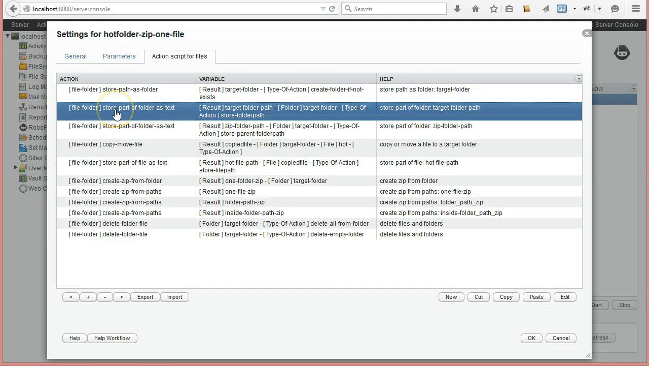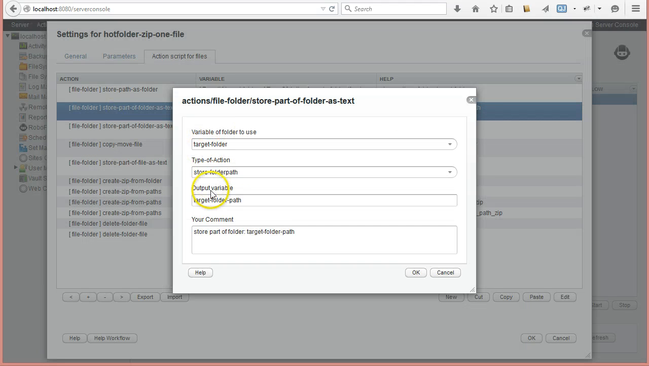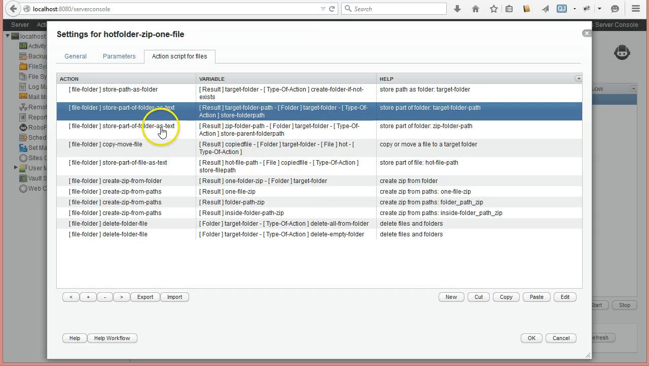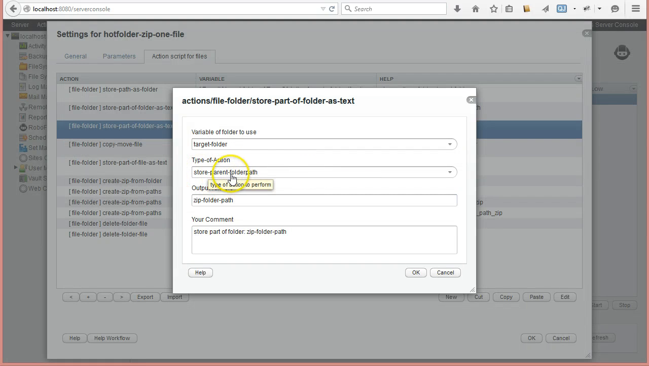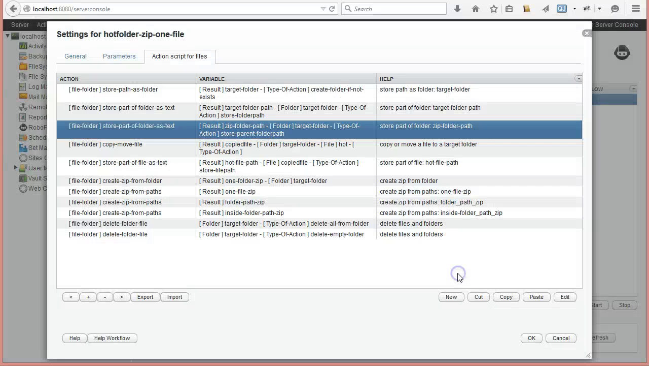Then the next thing is that I'm storing this path as text so that I can use it in my workflow, and then I'm storing the parent folder path because I want to be able to put my zip someplace, and I'm gonna put it in the root of that folder, not inside the subfolders with the date time, but in the root of that target folder,